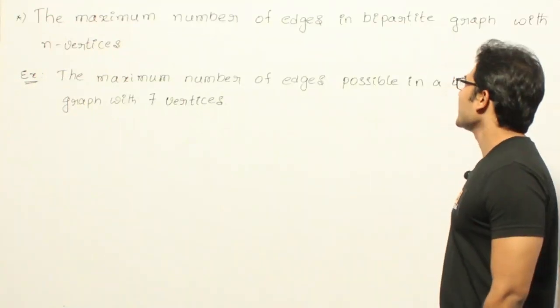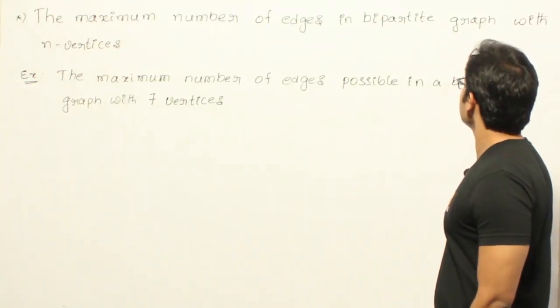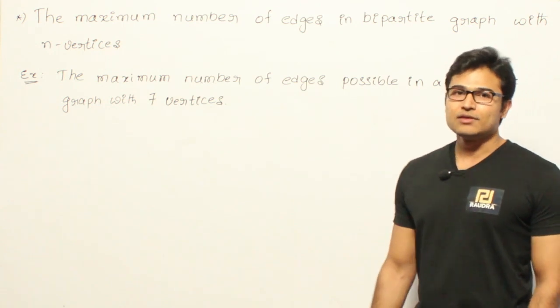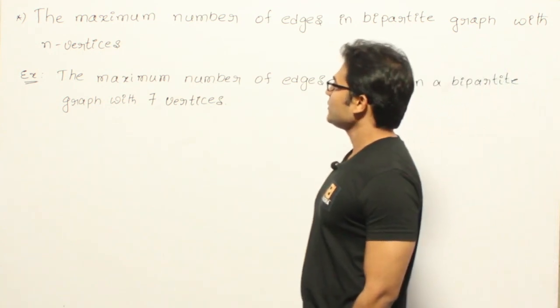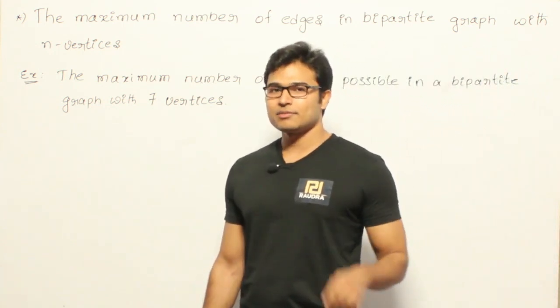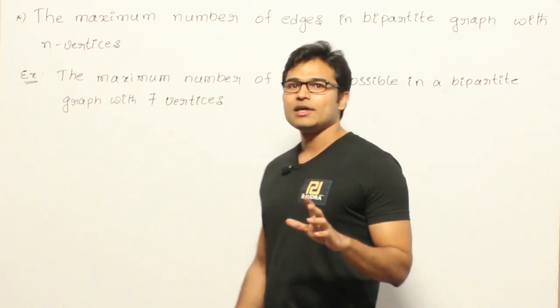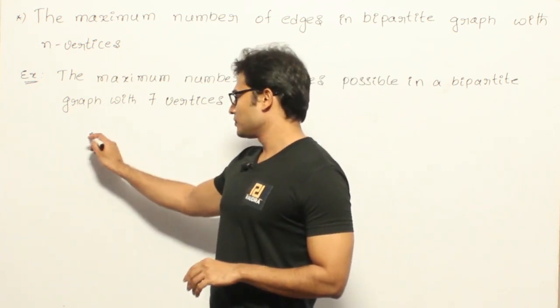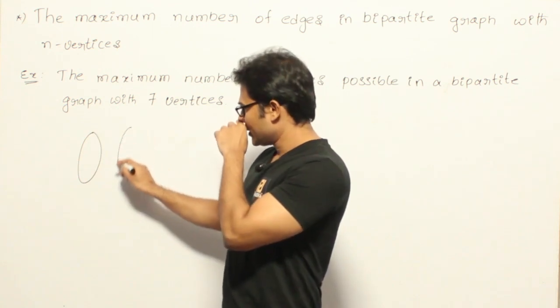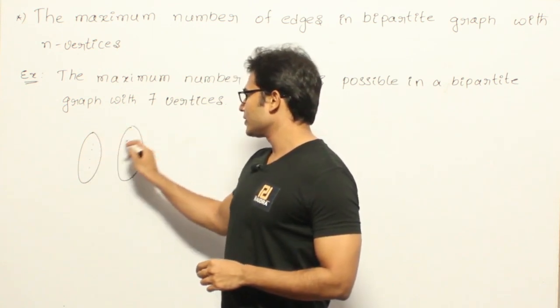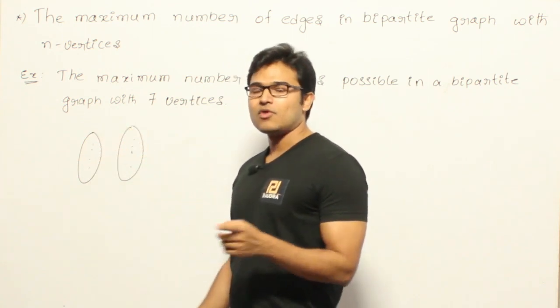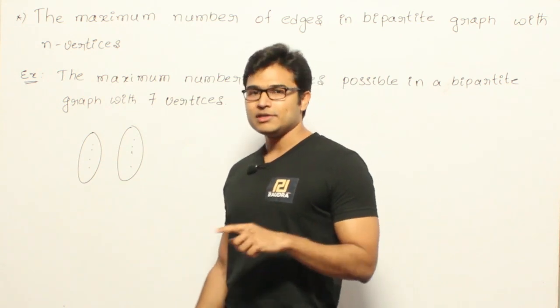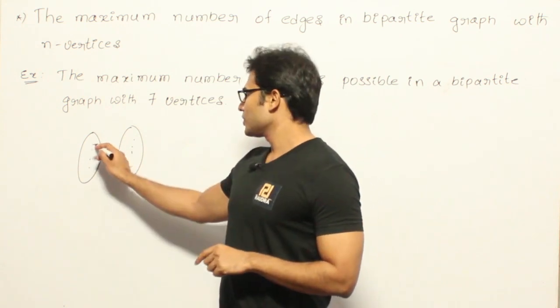Let's see this. The maximum number of edges in a bipartite graph with n vertices is... So we are supposed to find out what can be the maximum number of edges that can be present in a bipartite graph with n vertices, right? So assume that this is a bipartite graph, which means some vertices will be here and some vertices will be here. And if you want to have maximum number of edges, then you are supposed to have